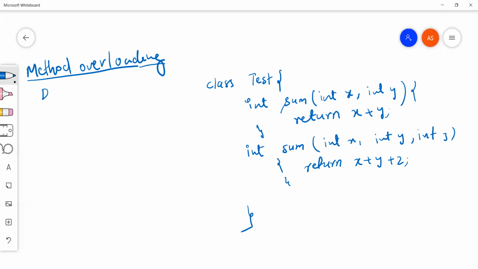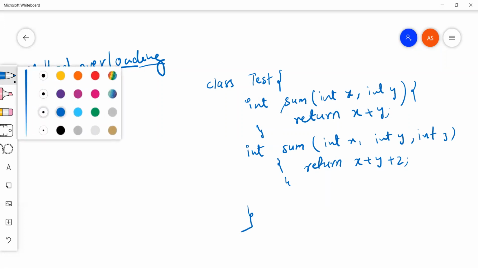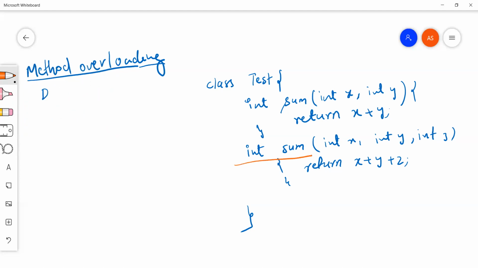So you can see we are defining a method twice, or I'd say more than once, right? But the parameters we are taking are different. Can you see it? Here we have two int parameters, here we have three int parameters. So we can say it's overloading.